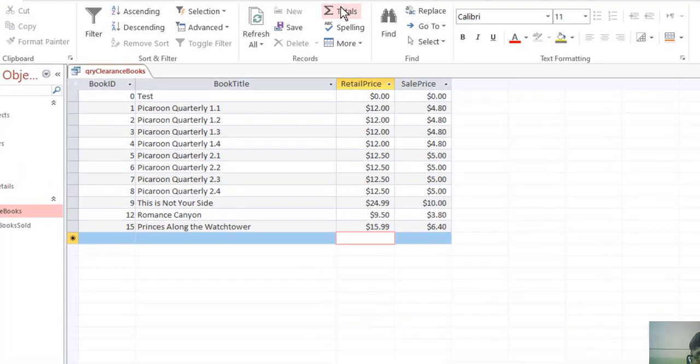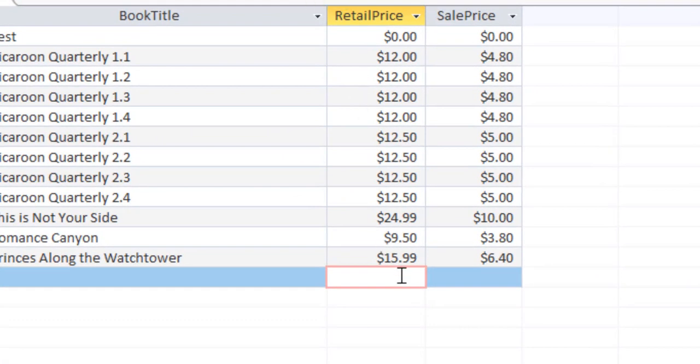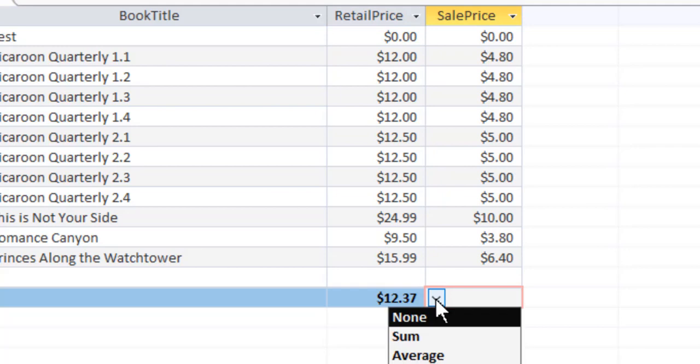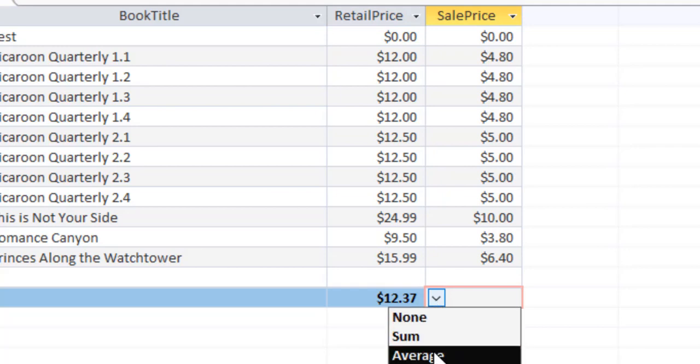In order to summarize the data here and make it an aggregate, we'll have to activate that auto sum button, and the total will by default appear. And when we right click, we can see that a drop down box opened, and we can select from here average, sum, maximum, minimum, standard deviation, and variance.